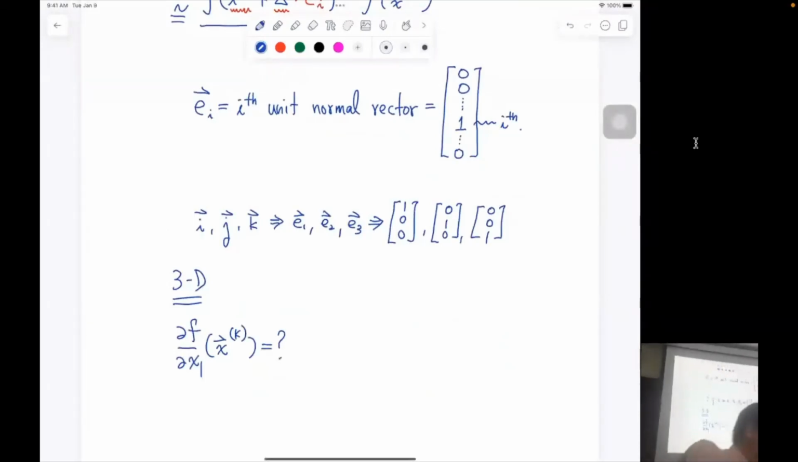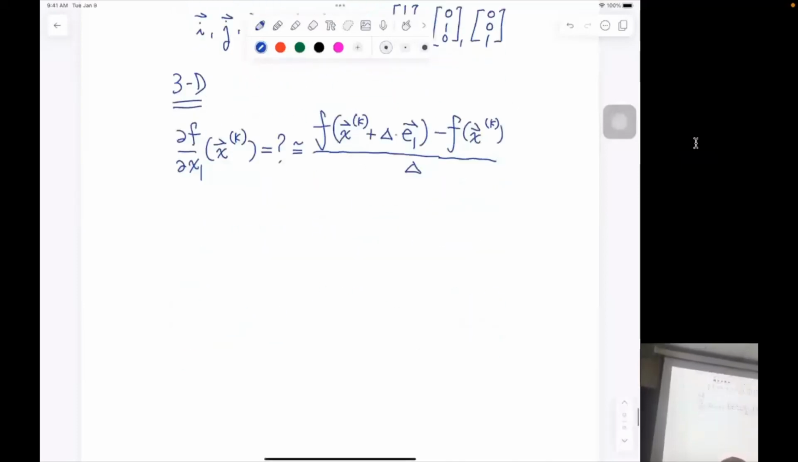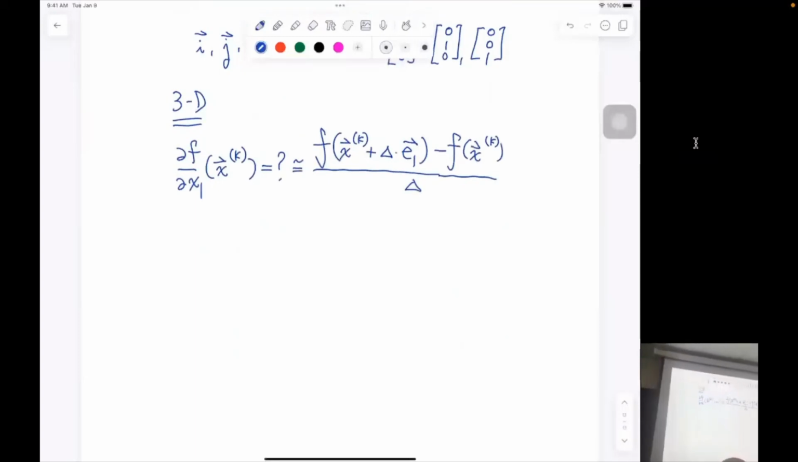How? You can do this based on what I told you. It's an estimation: f of the current value plus some delta times e1, minus x of k, over delta. What is that? What does that mean? Okay, let me talk in human language. It's like this, f, and let's say you have